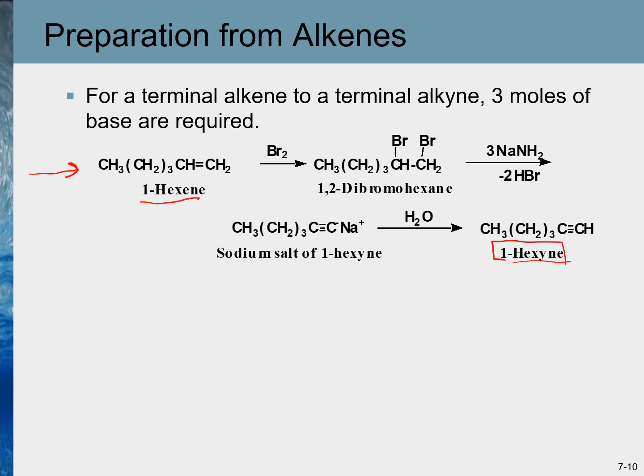Again, we treat our alkene with the halogen to get a vicinal dibromohexane, and then the vicinal dibromohexane is treated with a strong base to finally get the hexyne. One interesting thing here is that instead of 2 moles of base, now we need 3 moles of base. Why is that? The reason is, after using 2 moles of base,